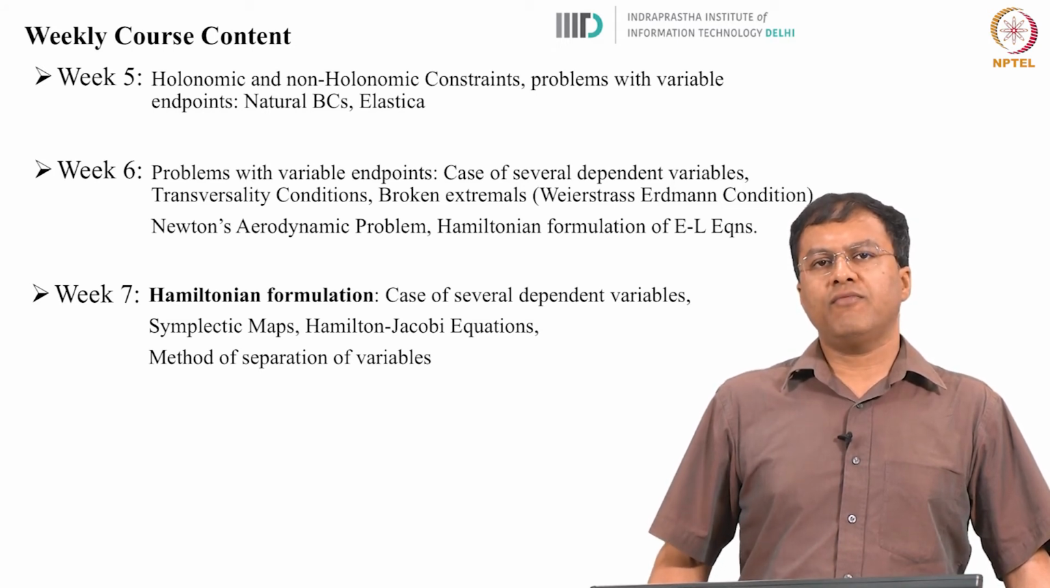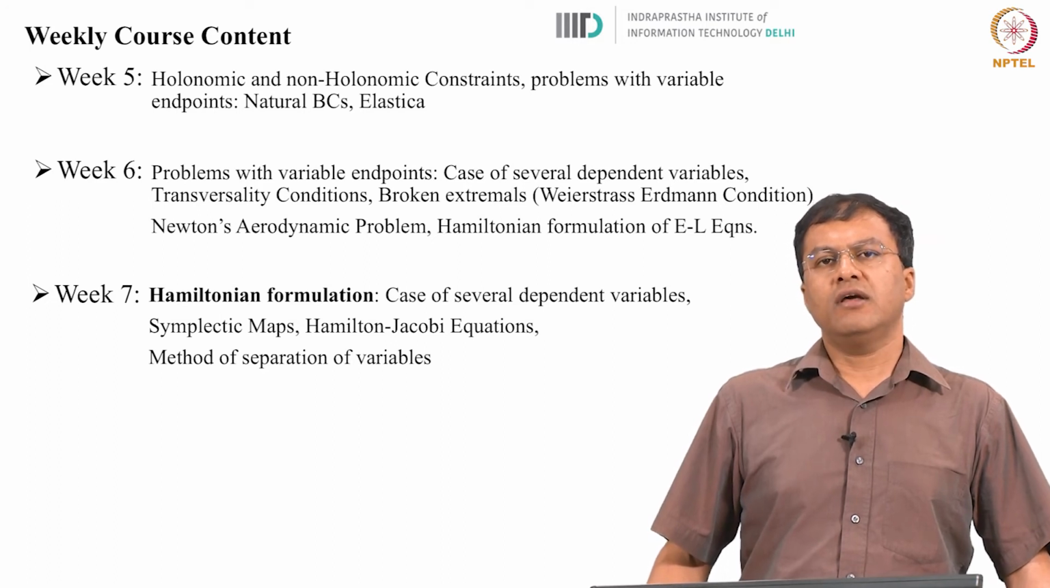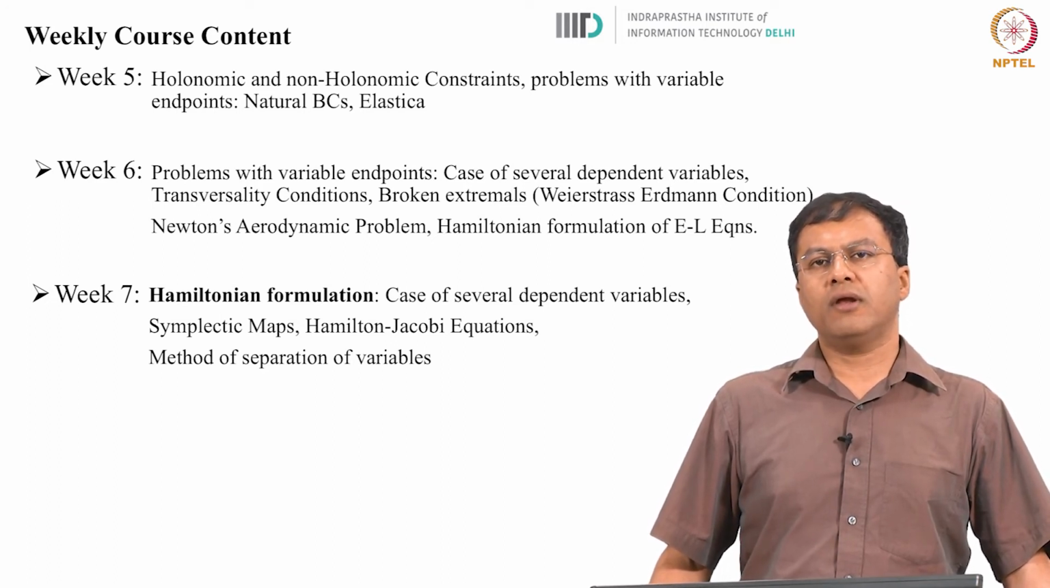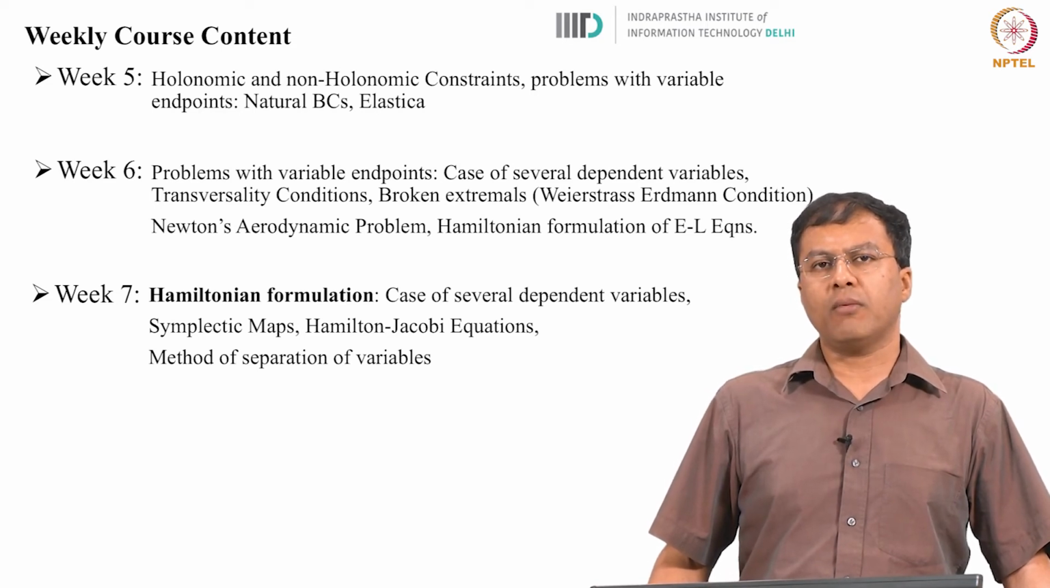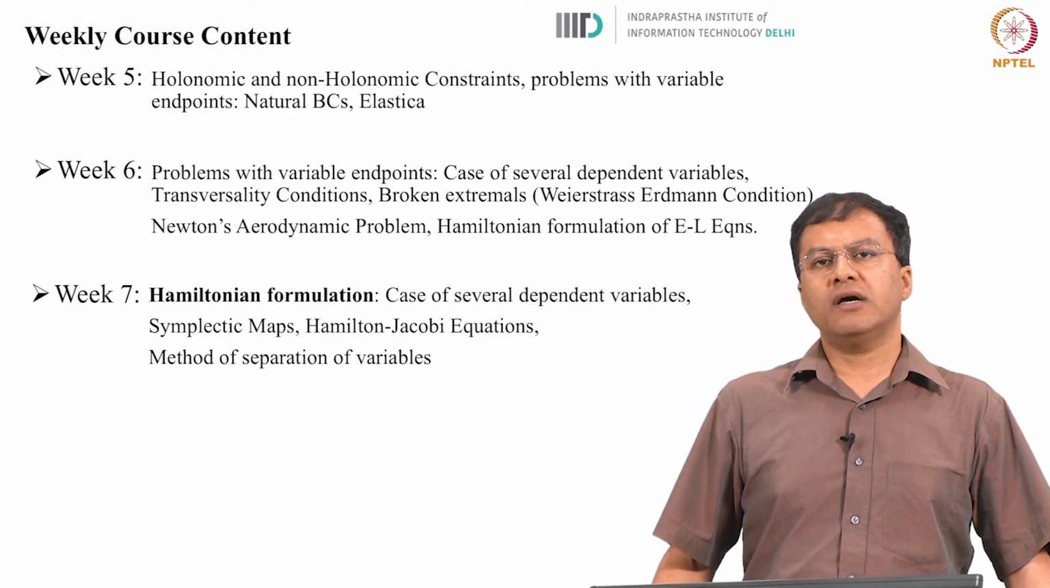In the sixth week we will continue our discussion of problems with variable endpoints, including the transversality condition as well as the corner conditions for broken extremals, famously known as the Weierstrass-Erdmann condition. We will also look at an example of broken extremal problems, namely related to the design of aerodynamic surfaces, and then towards the end of this week I will touch upon another formulation of Euler-Lagrange, namely the Hamiltonian